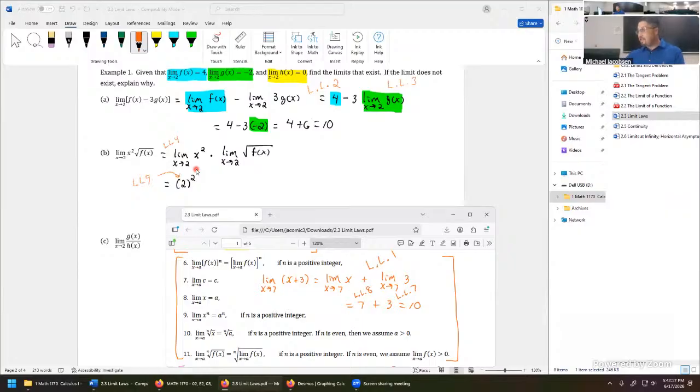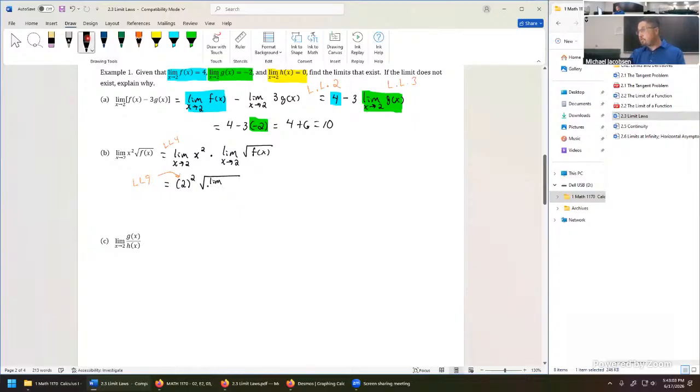Okay. The next limit law we can use, we skip all the way down to say limit law number 11, where we take an nth root. Here, n is a positive integer, so n is allowed to be 2, for example. That's what the implied index is for this square root. So if it's a square root, n is 2, we usually drop it. The limit as x tends towards a of the square root of a function becomes the square root of the limit of the function itself. So in other words, the limit operator can commute inside the square root operator or the cube root and so on. So this becomes